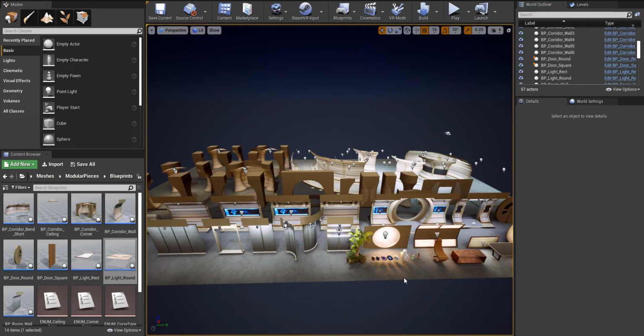Hello everyone, and thank you very much for your interest in this modular kit that we've provided on the Unreal Marketplace. So the purpose of this video is to go through the modular set and just provide essentially a quick tutorial on how you can go about using this to quickly prototype